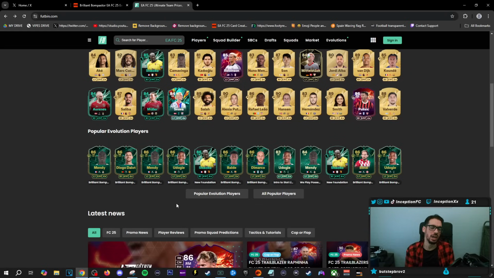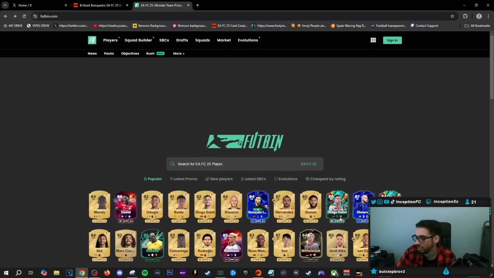Not one I mind paying for, because that's a lot of play styles being added to these cards, guys, and really good play styles too. Dead Ball Plus is also pretty good. In the fullback position, you just whip in those corner kicks, maybe a free kick, and you just bang them into the back of the net. So a lot of good stuff to work with on that evolution. But yeah,